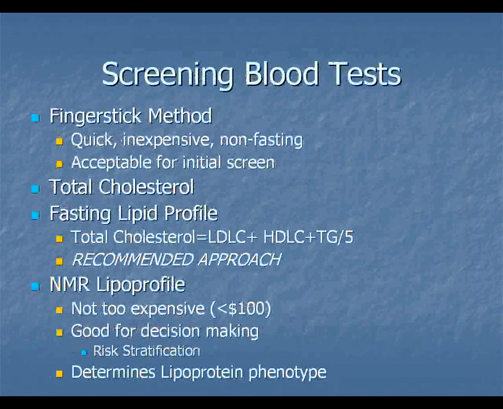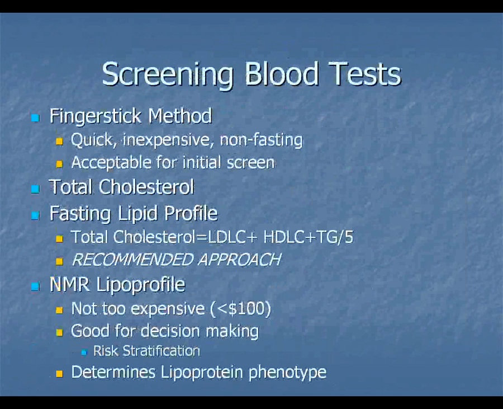So what screening blood tests are available? There's a number of things available. I know the finger stick method is often available as a back office lab run and is quick, inexpensive, and easy to do. It can give you just a general idea of what that total cholesterol number is going to be. If that is then abnormal, proceed on to the fasting lipid profile to give us a